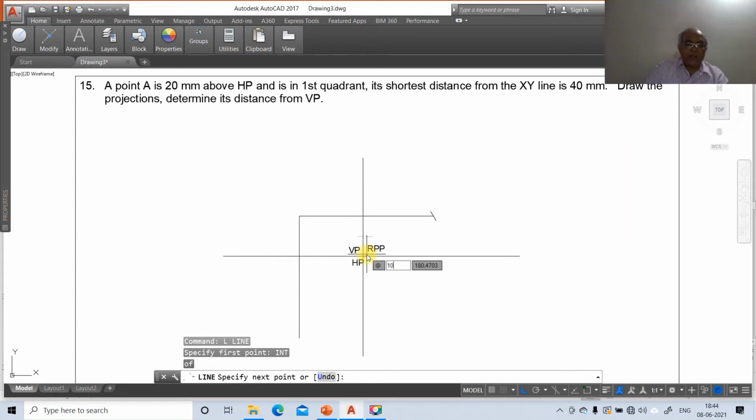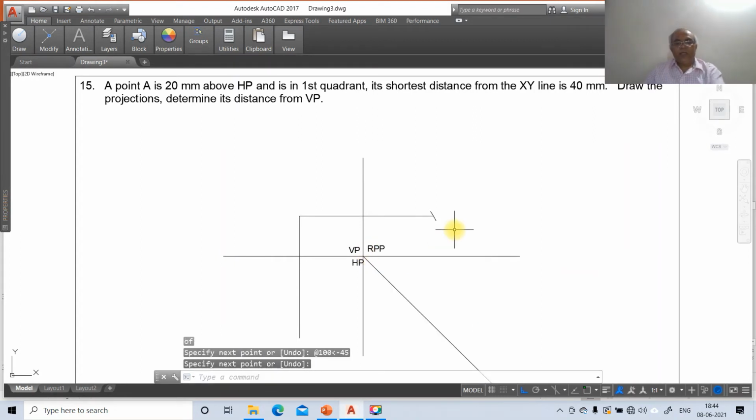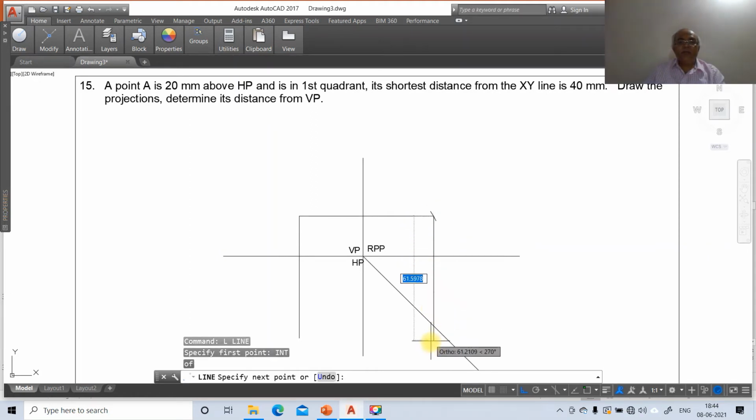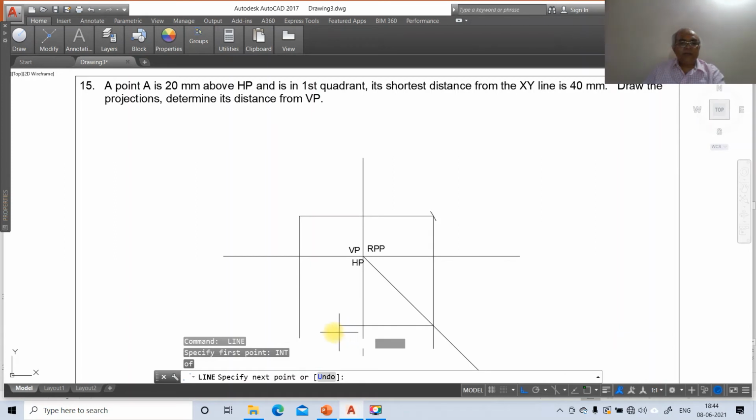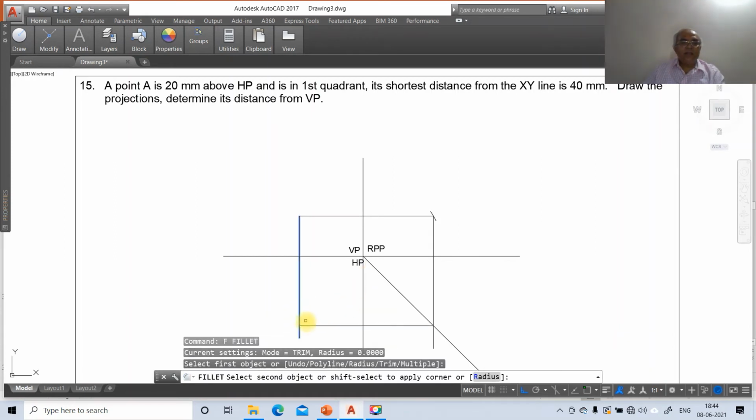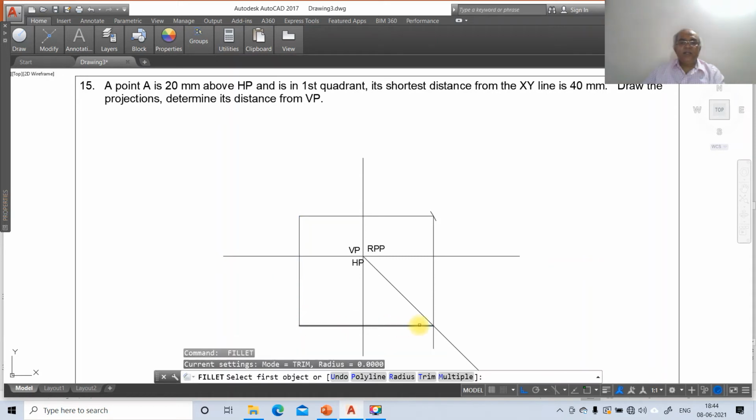Then go to line, take the intersection point of this and draw a vertical line, and again take the line command, draw a line from the intersection point of this and draw perpendicular to this. Here go to fillet between this line and this line, and similarly between this line and this line.